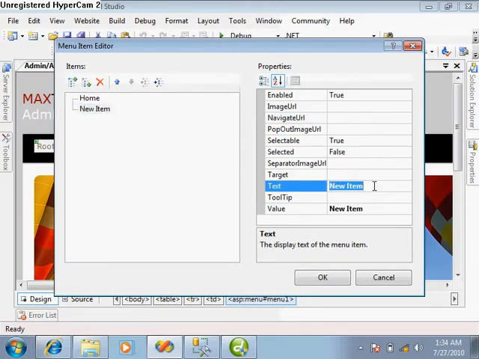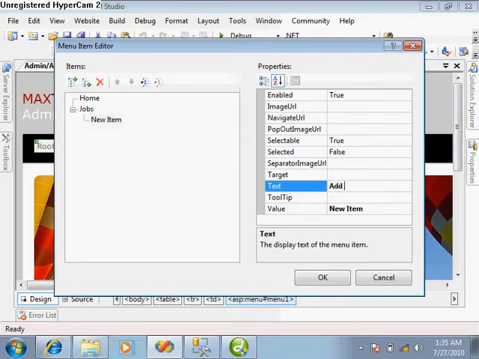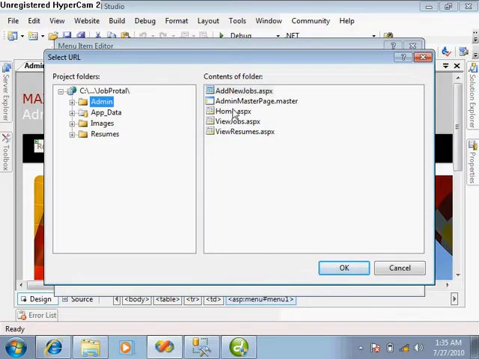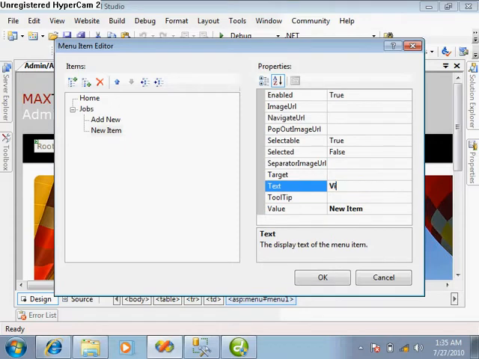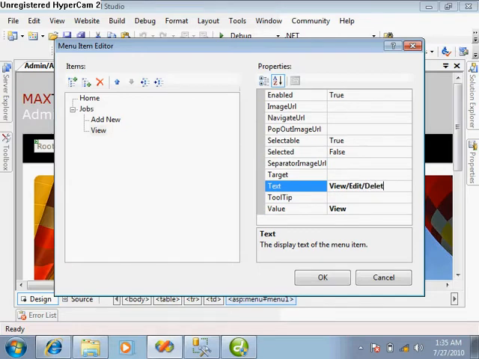Create another page, jobs, give a hash in the jobs, and create a sub menu for the jobs to add new, and select in the navigation URL in the admin, add new jobs, and in the same way view, edit, delete,